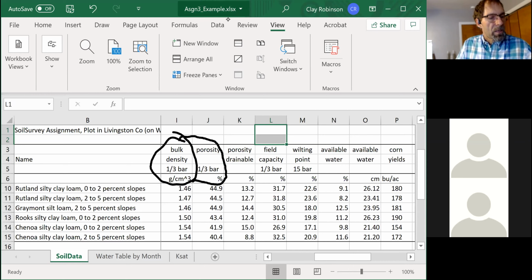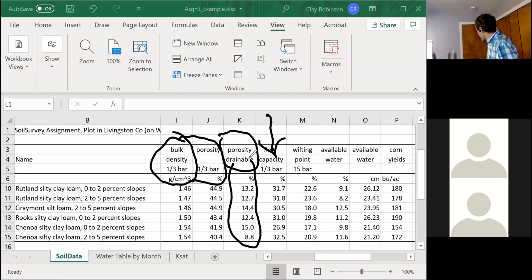So again, the field capacity is the amount of water left in the soil after the gravitational water has gone out, which is going to represent my drainable porosity. So of those pores, on this soil, I'm ranging from about 9 to 15% or so of the pores will be drained under the influence of gravity. Now, knowing the percentage is not that helpful to me, but what that amounts to is,